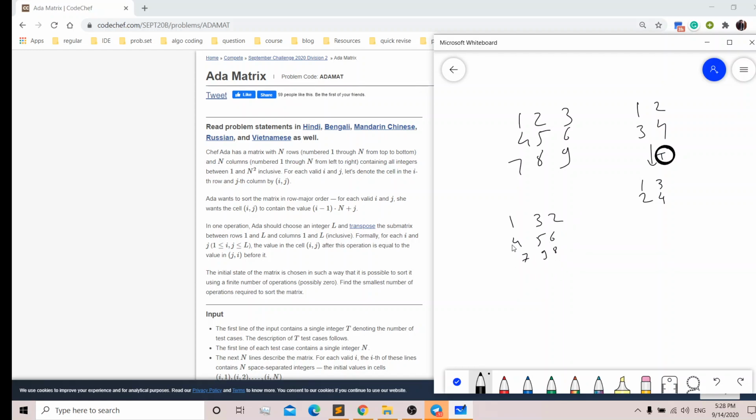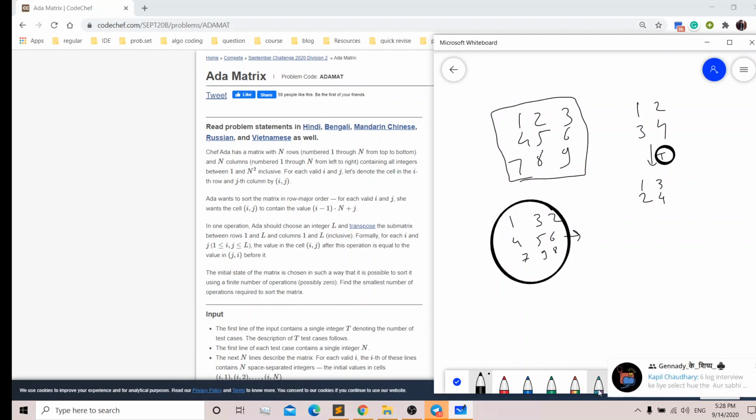If we have an input matrix something like this, we never get our desired matrix, we never get a row major order matrix. So it is given that it's always possible to sort the given matrix, right?